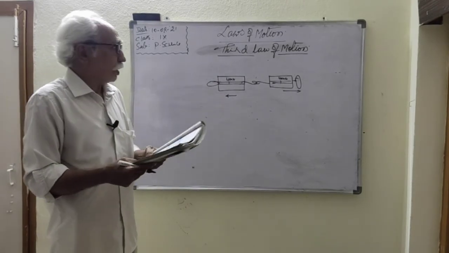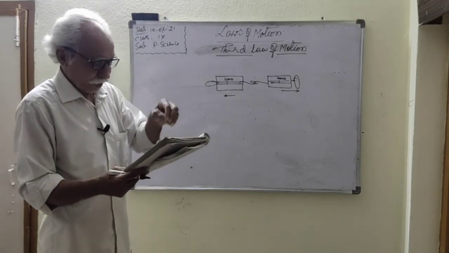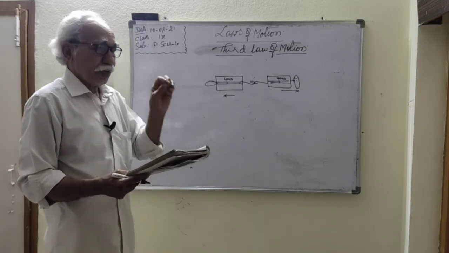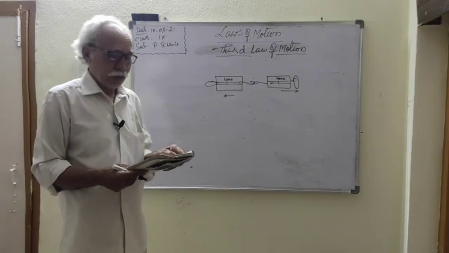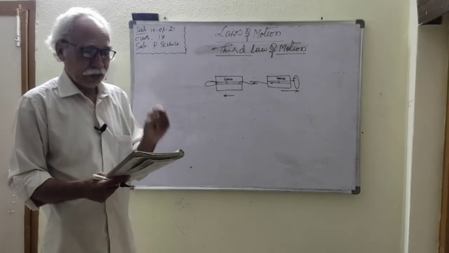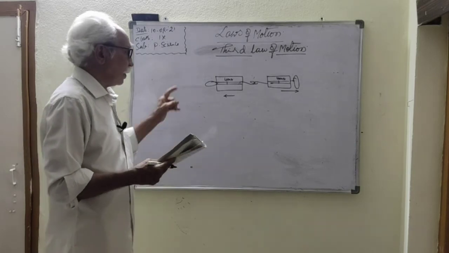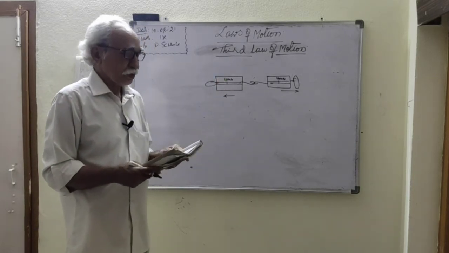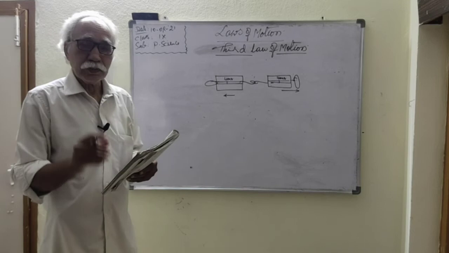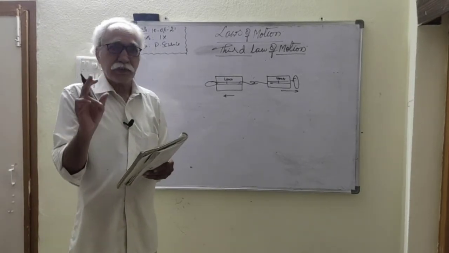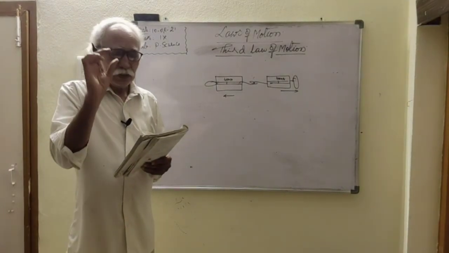So according to Newton's third law, when an object exerts some force on another object, the second object also exerts the same amount of force on the first object. So these two forces are equal in magnitude, but they are acting in the opposite direction. These two forces are called action and reaction. The object which is applying the force gives the action force. In reverse, the second object applying force gives the reaction force. So the action force and reaction force act between two objects, not a single body. It is acting between two bodies.